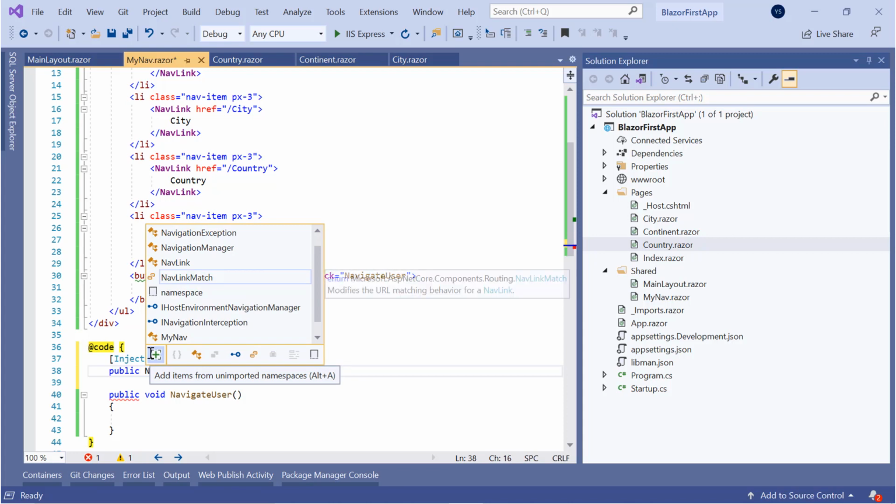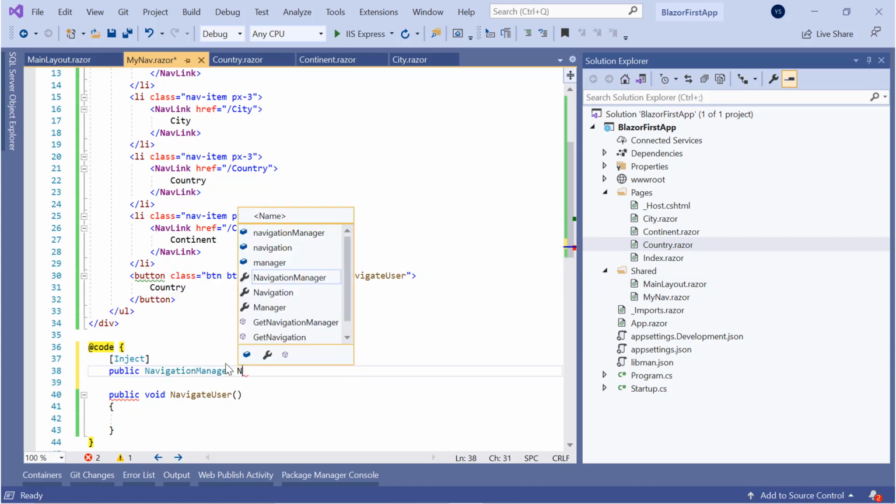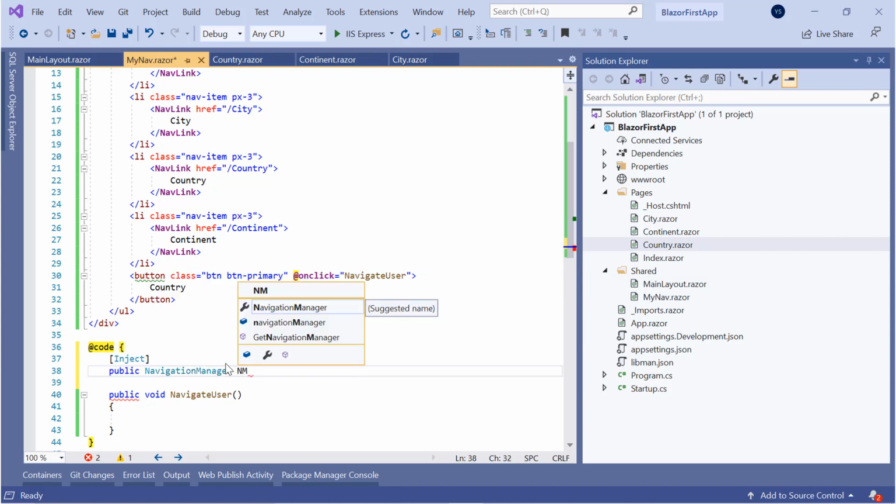So you write NavigationManager, and you name it nm or anything, with get set accessors.